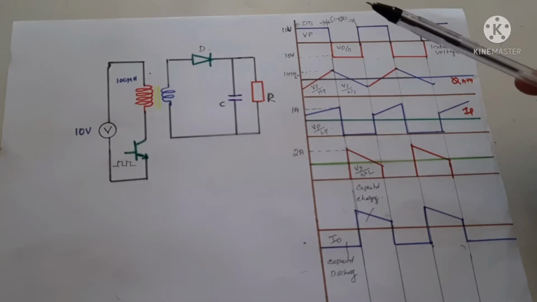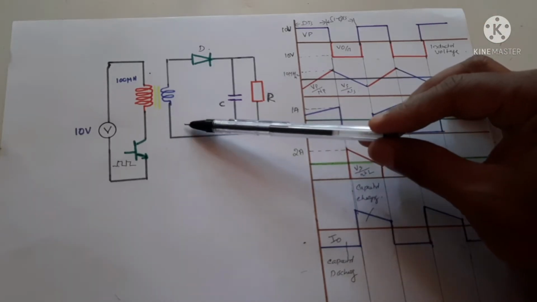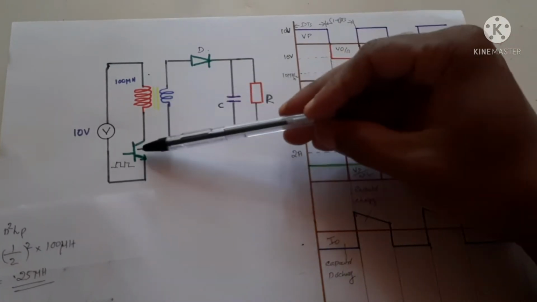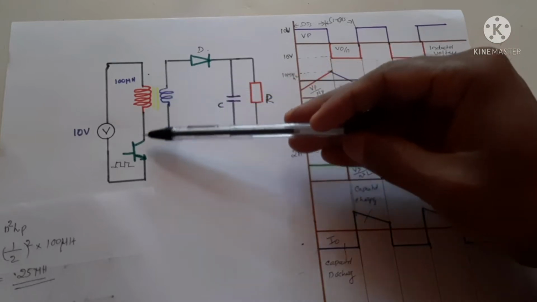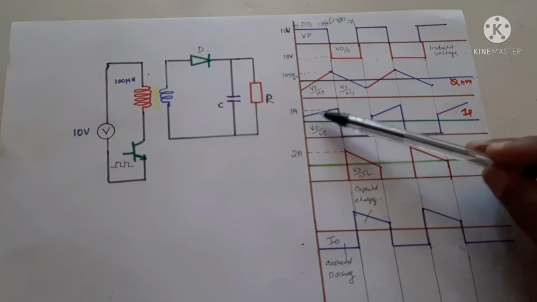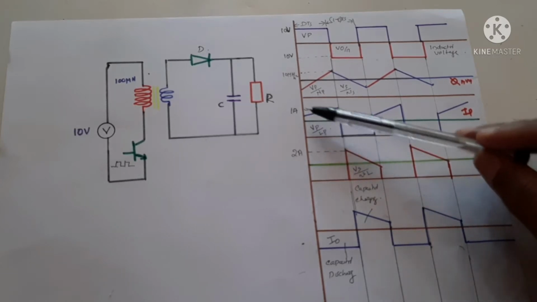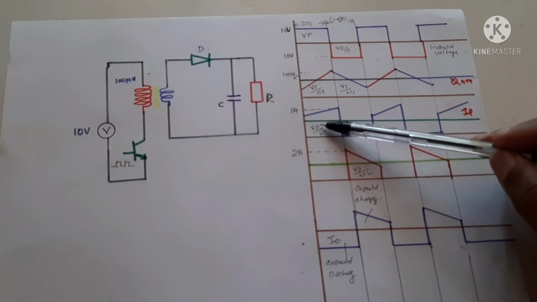We are going to explain how a flyback converter is working. This is the circuit of the flyback. If we turn on this transistor, a current is passing through it. That is shown here. The current is passing through it, and the value of the current is given by the